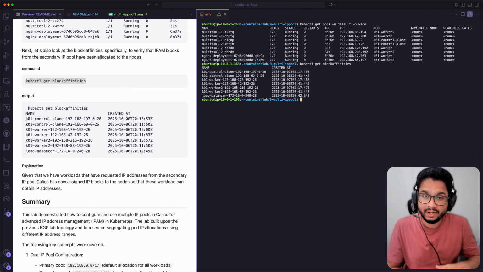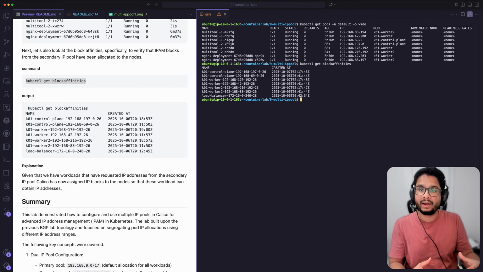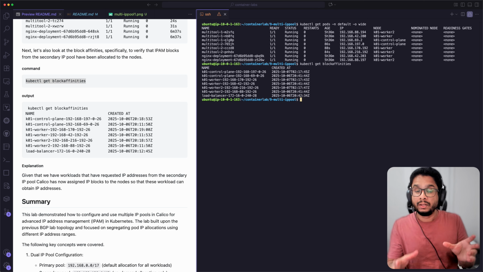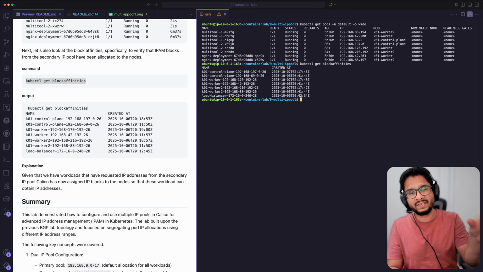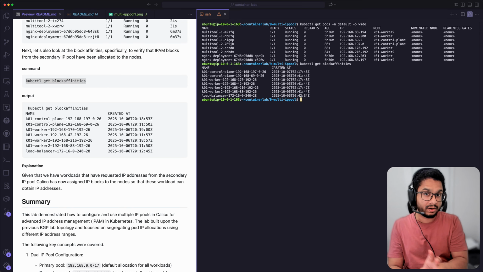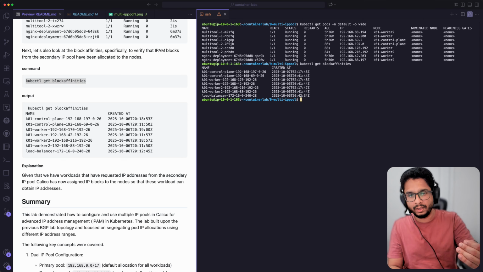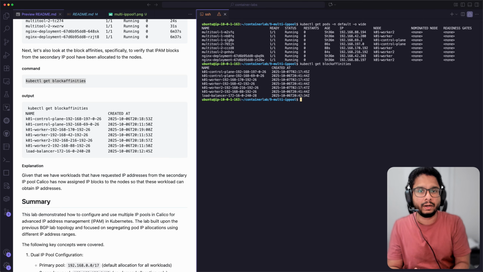And in the next lesson, we will look at how you can advertise an IP pool to the upstream network so that those pod IPs become first class citizens in your network and are routable in the network and can be directly connected to from other clients or workloads in the network. Okay,